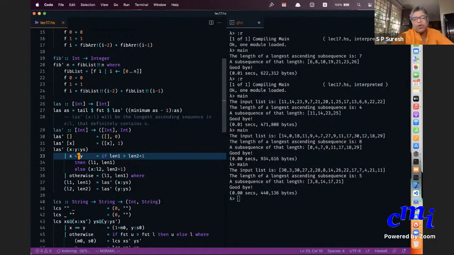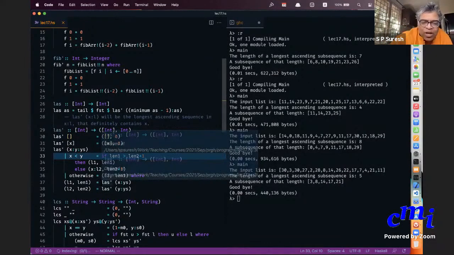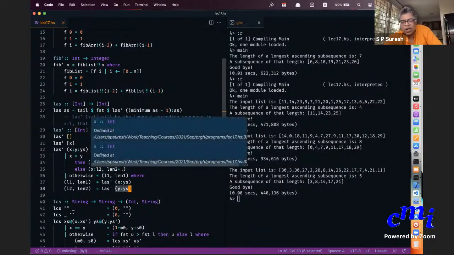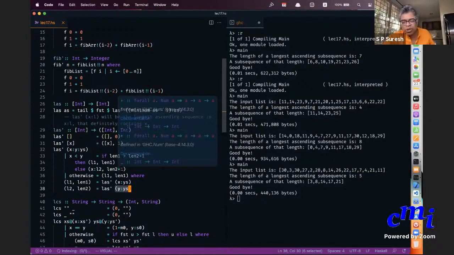Normally you would have just done a max of something, but now I am returning a sequence also that witnesses the fact that this is the longest ascending subsequence. So first I do one recursive call where I'm saying ignore y, so I am making a call on x colon y. Another recursive call is to include y, but you know that you definitely need to include x, so you keep that in your hand. So first compute this LAS prime of y colon y, and once the call returns, you have to add x to the front and add 1 to the length. Is the recursion clear? Is the solution to the problem clear?